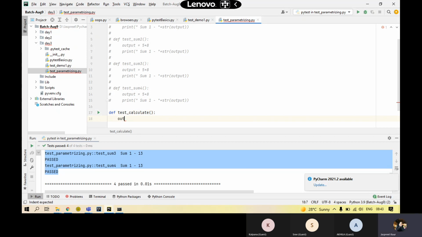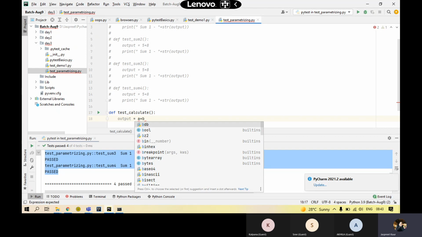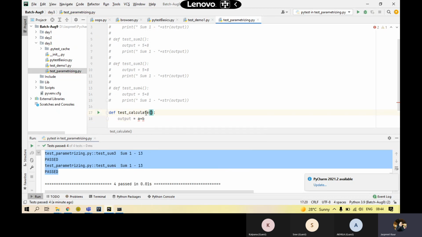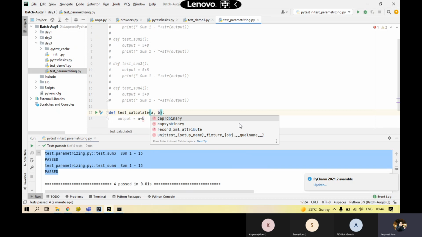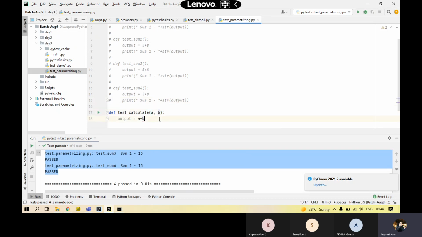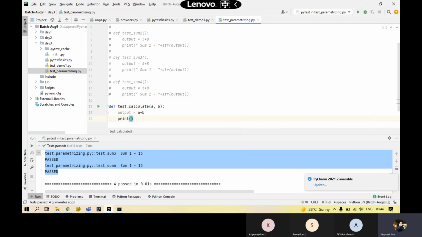What I'm going to do is I'm going to take the same thing. Output is equal to a plus b. Now a plus b, what is a plus b? The values we are going to pass. Right, it's giving me an exception over here because I have to pass it to the test case because we are accepting the parameters. So I got that. At the end, what I need to do is print the result. Whatever result I get, I need to print over here in out.